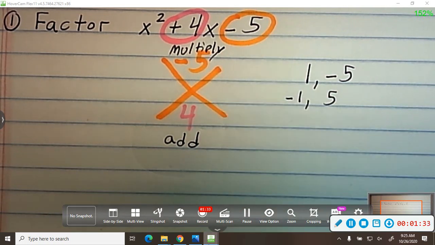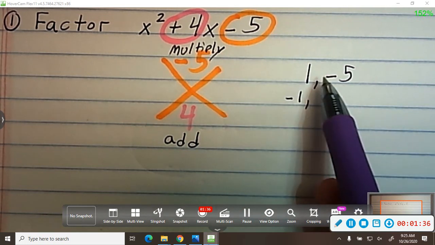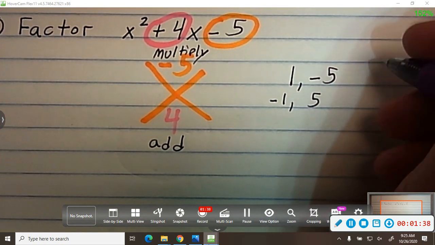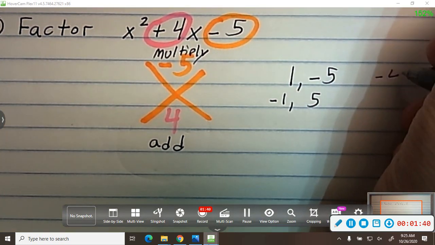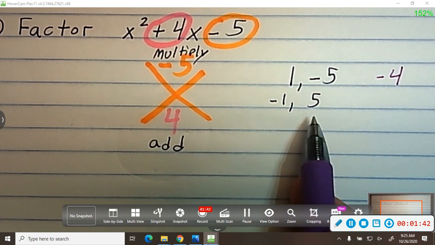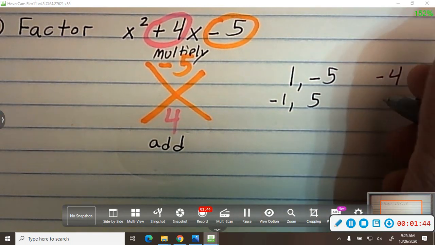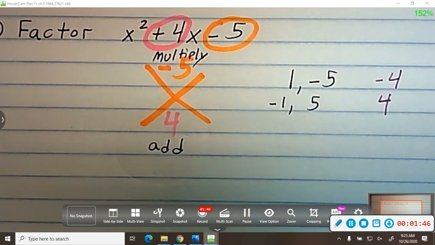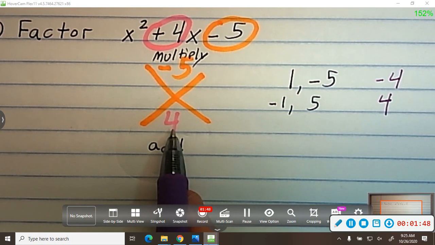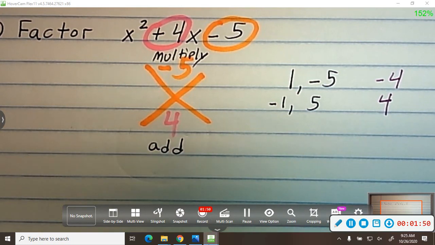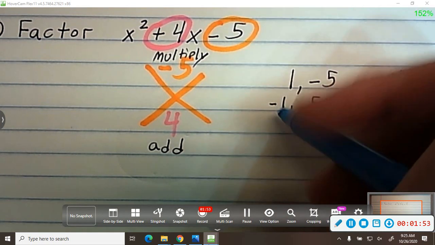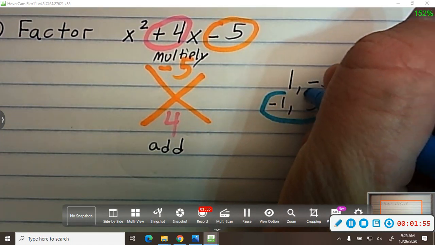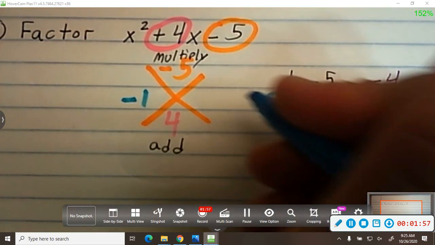But when you add these, if you add 1 plus -5, you get -4. When you add -1 plus 5, you get +4. And that's what you want. You want them to add to +4. So you'll take these numbers, you'll put those on the side,